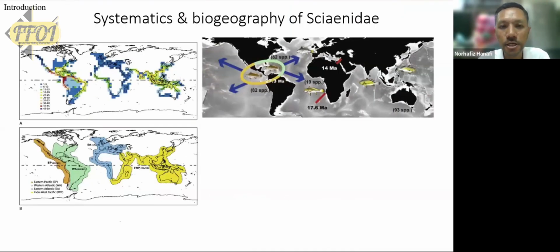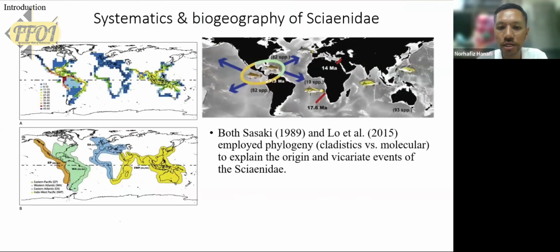So I am going to the systematics and biogeography of Sciaenidae, because this is quite interesting. On the left side you can see our place in the yellow color. In the IWP we have the highest diversity, the highest number of species, not only in Malaysia but in Southeast Asia. We can say the Indian Ocean and Pacific Ocean. This is quite high diversity, meaning Sciaenidae are very diverse compared to other regions, for example the Eastern Pacific, Eastern Atlantic, or Western Atlantic. So this is a good opportunity for us